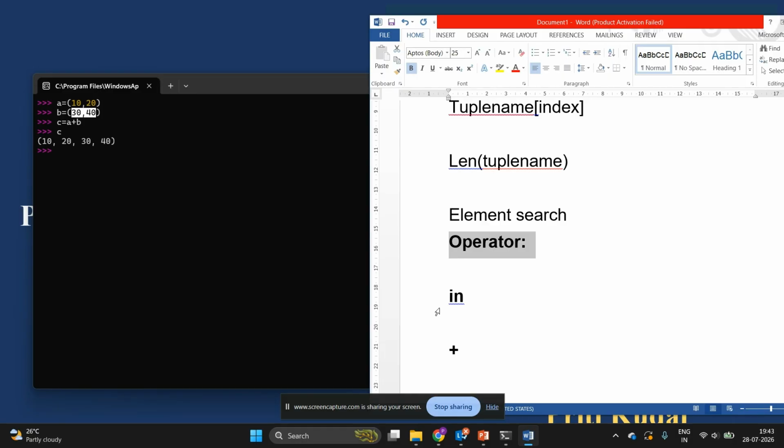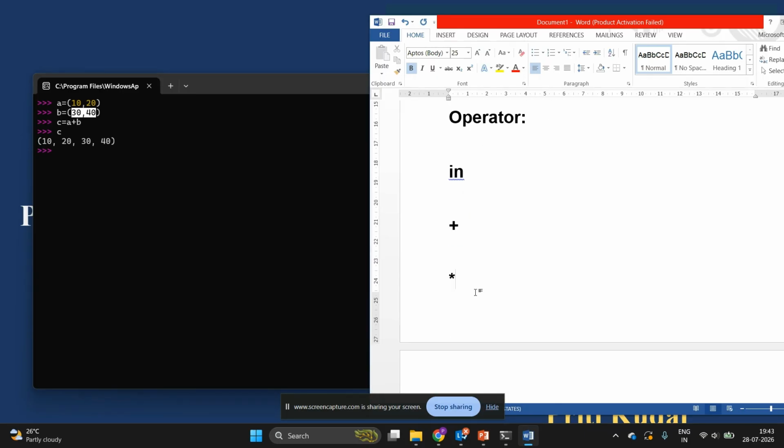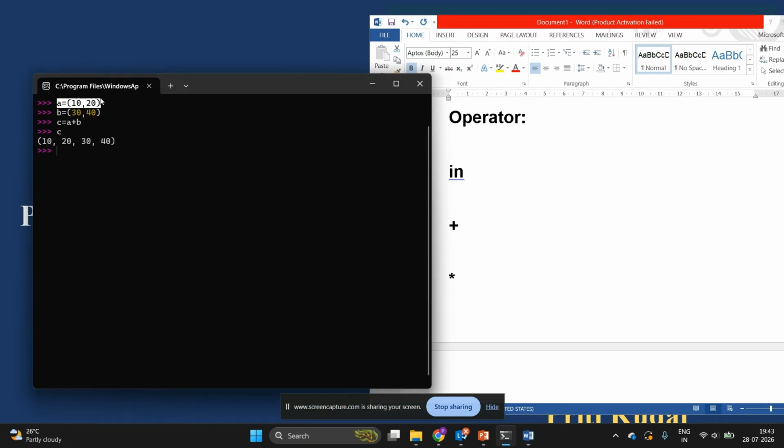Next one is repeating a tuple. The next operator is star. It is used to repeat values in the tuple. For example, this a has 10 comma 20, and if I want to repeat it, I simply write print in brackets a star, asterisk, 3.